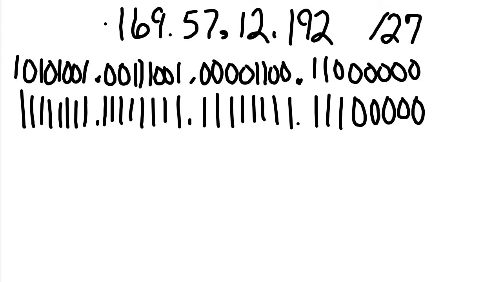Okay, so we converted our IP address into its binary form, and so 169 is 10101001. 57 is 00111001. 12 is 00001100, and 192 is 11000000. All right, first step. So we have to figure out, is this our network address? And so we're going to AND the two of these addresses together. And so we end up with